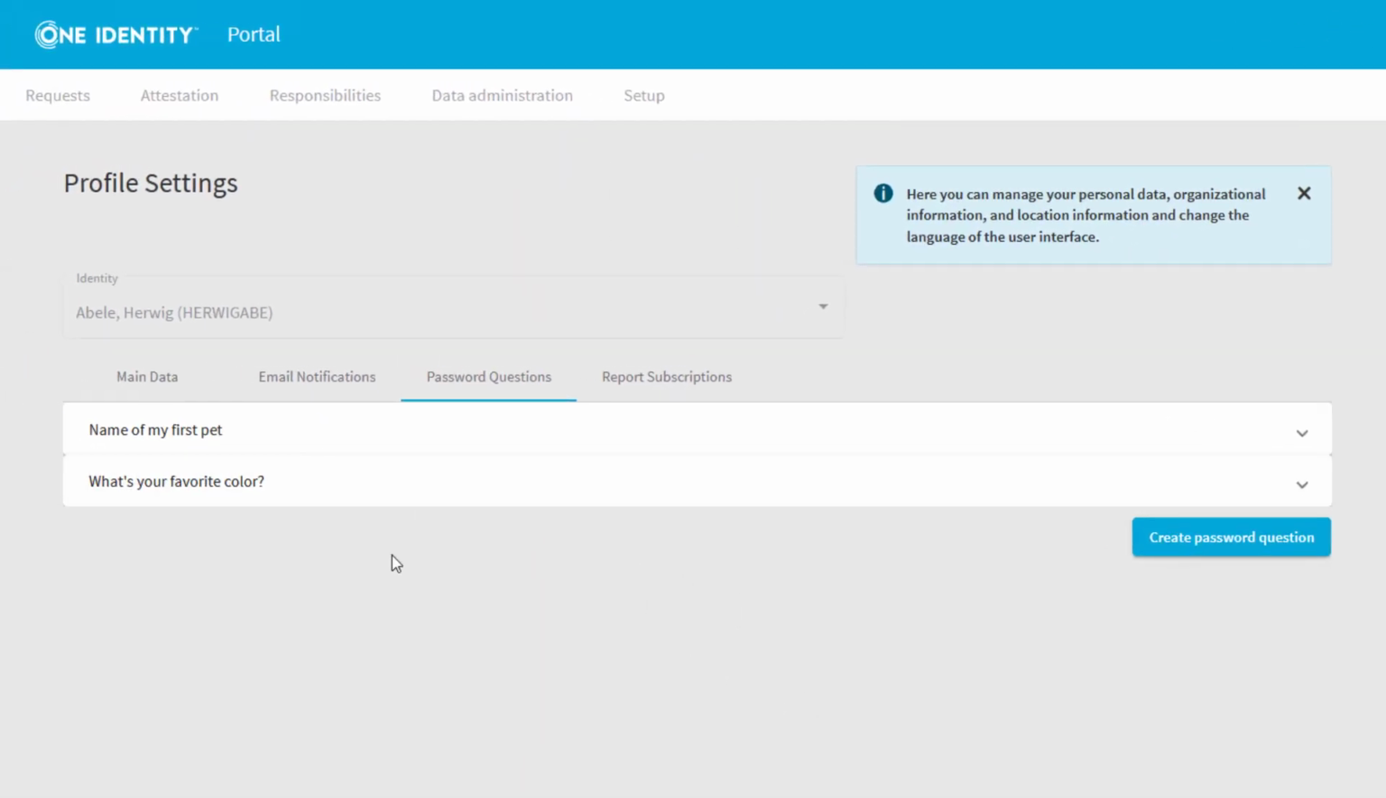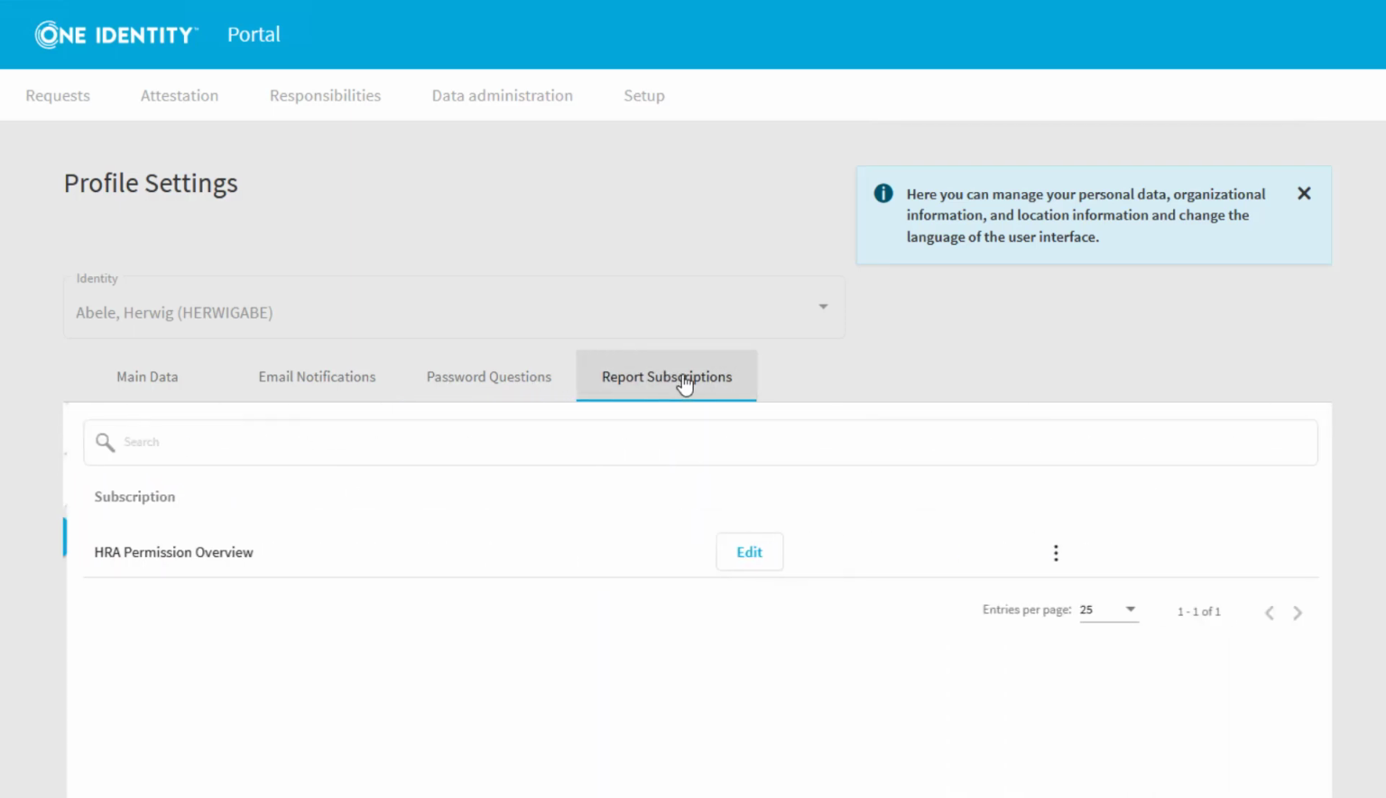And now I have 2 of them, and so on. That is the way to create and answer my password questions. With the next tab, I can talk about my report subscriptions. As you can easily see, there's just one report, "Herwig with permissions", and that is already